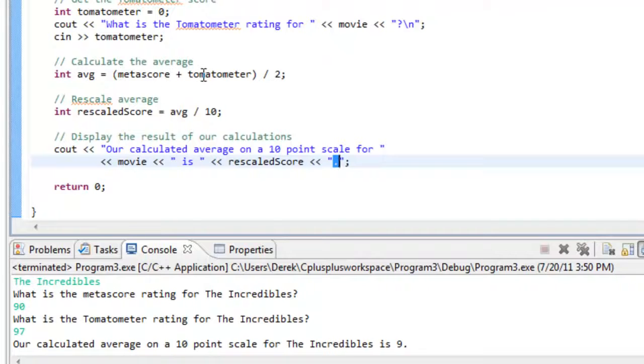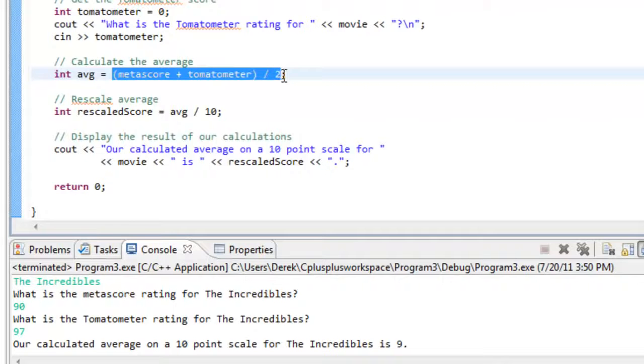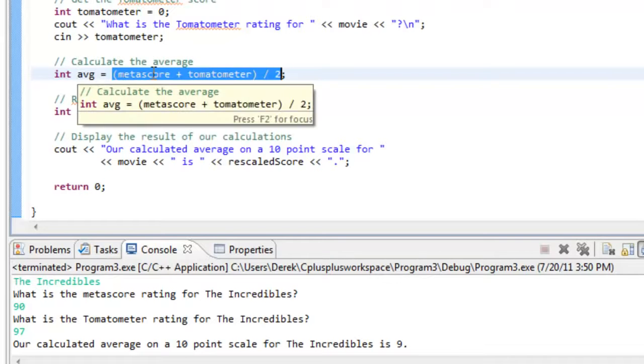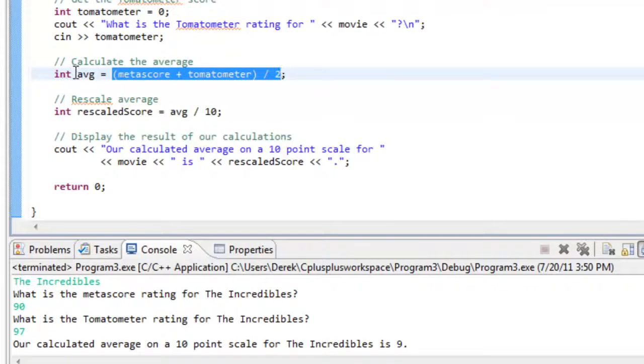What you'll notice here, if we look at this closely, is that we have a data type on the left-hand side of this assignment operation of an int. So we're saying that the average is an int data type. And what do we know about int data types? Those are representative of integers, so they do not store fractional parts. If we calculate an average here, and we know that the average can have a fractional part, if we were to take some set of numbers and divide them by some other number, we can end up with a fractional part. We're losing that. That's being truncated or lost whenever we store it to this variable because it's not capable of storing